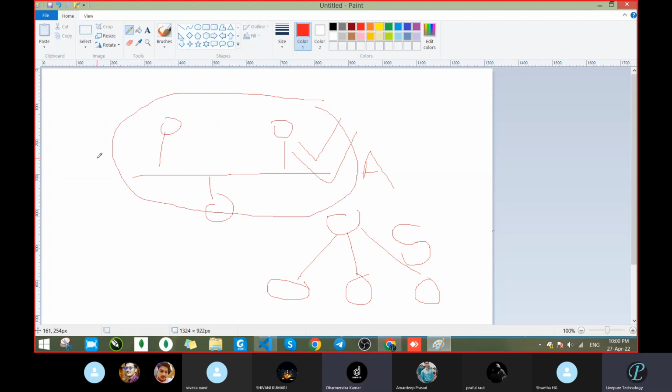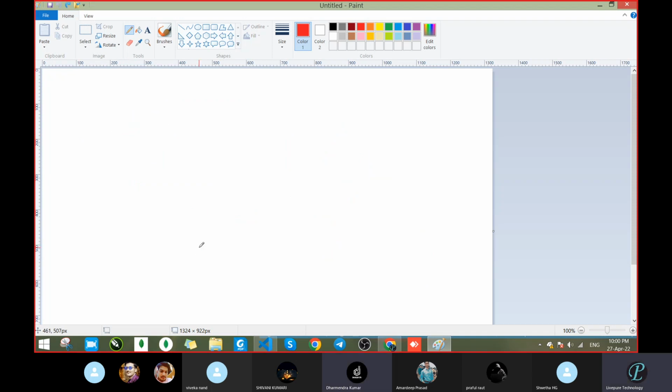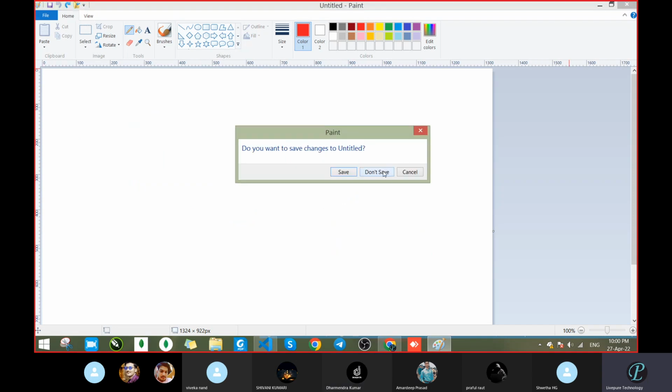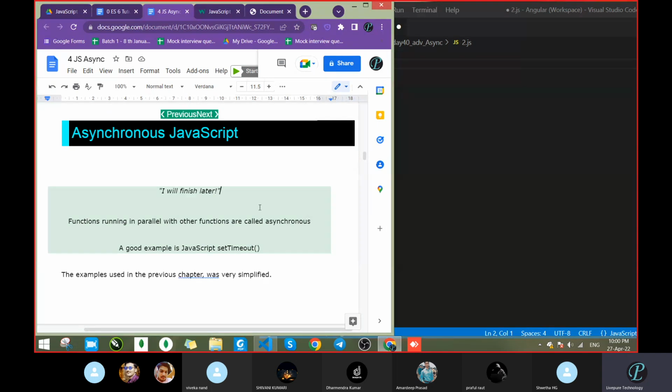What do you realize in the shopping case? The person goes for purchasing the milk, then moves to the next thing, then the next, and multiple functions are working at the same time. If I told something with a mistake, maybe, but this is what is going on. So an asynchronous function runs in parallel with other functions at the same time, and that is known as asynchronous.